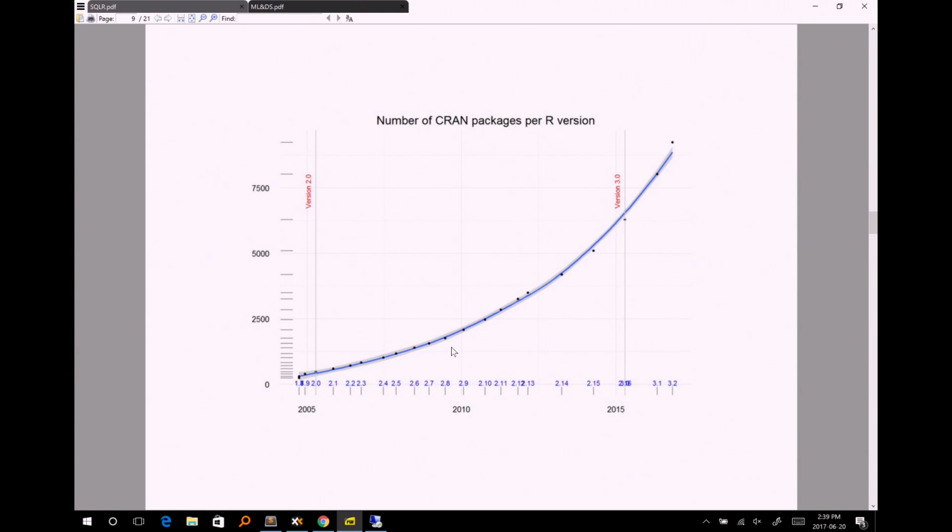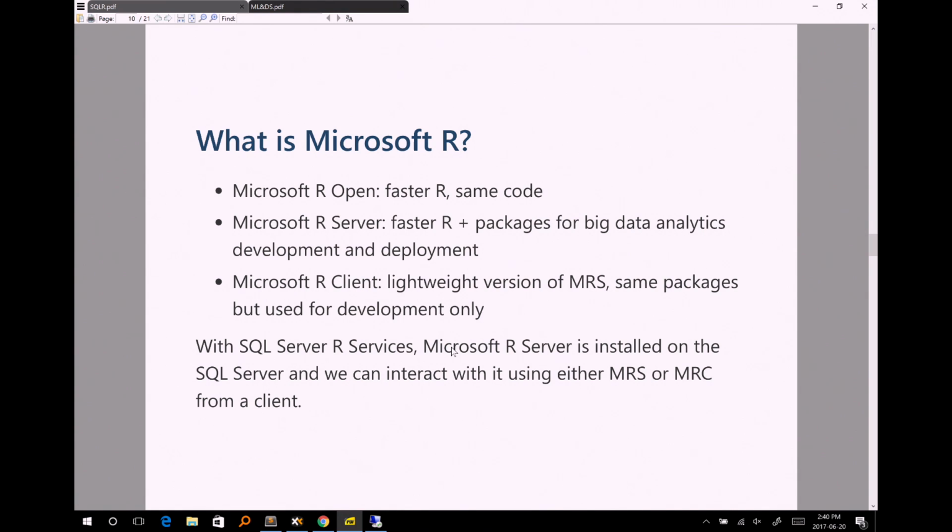We want to see what we can do to take advantage of R in a SQL environment. So Microsoft is interested in R. I was working at a company called Revolution Analytics about 2 years ago. Microsoft bought Revolution Analytics because our company was interested in doing big data with R. We realized that R was great, but it had some shortcomings, to do with processing large amounts of data. R was limited because it had to load all of the data in memory in one go, and memory is not as big as hard disk when it comes to storing data.